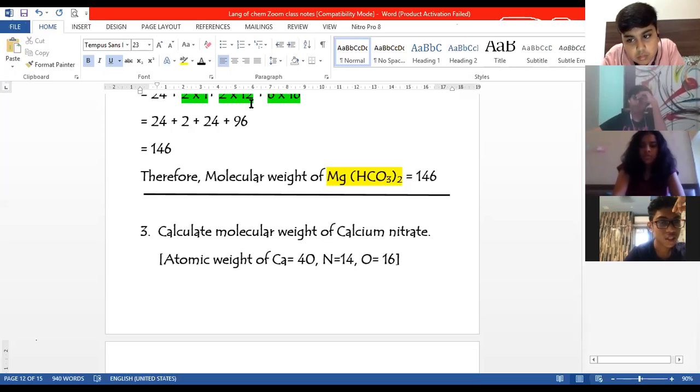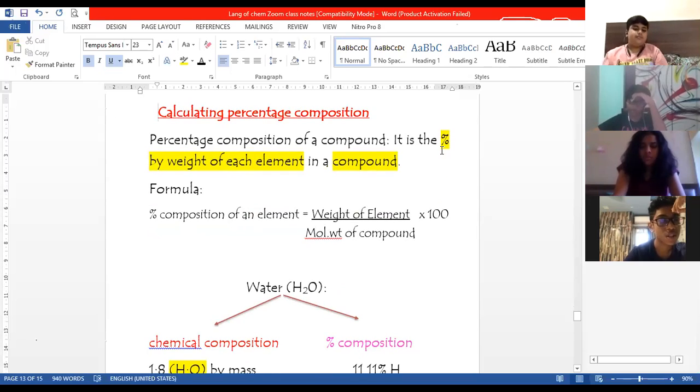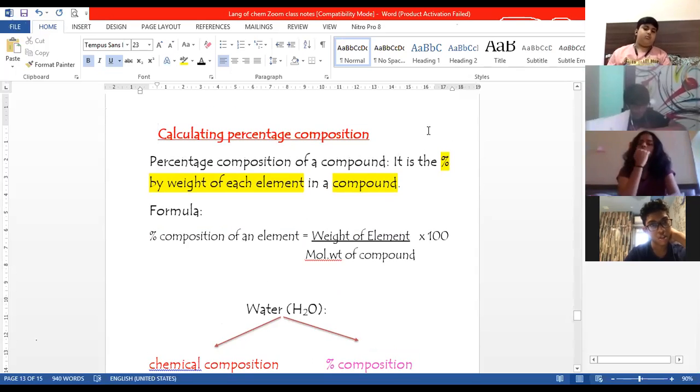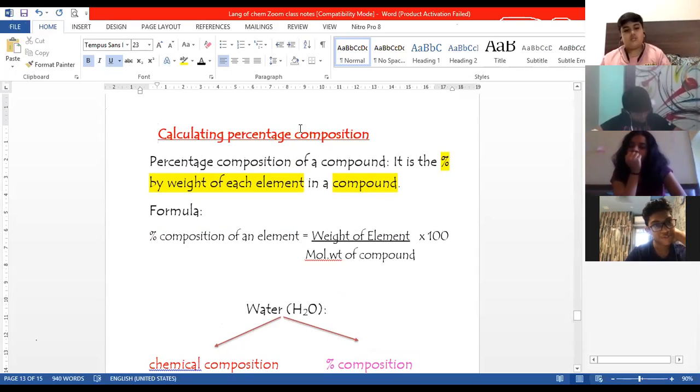So everyone, we will move on to the next topic. I want to finish this numerical part today because we have to start with the next topic in the next class. The second type of numerical which we'll study in grade 9 is calculating percentage composition. This is a very simple numerical wherein you find out the percentage. You have already done this when you get your papers; even though the percentage is bad, you still calculate it. So it's the same method we are doing here.